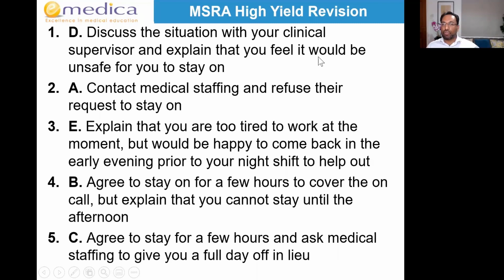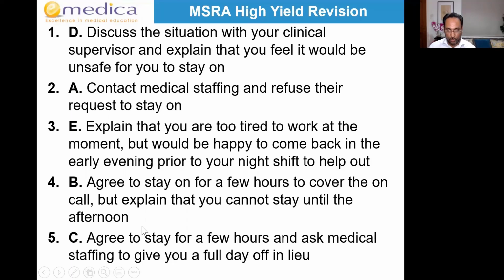Now, if that wasn't an option and you could only do one of these, which is the best one? E, because if you refuse, you're recognizing it's not safe for you to keep seeing patients. So you're doing the safe thing. You're recognizing your limits. That's part of coping with pressure. It's one of the subdomains of coping with pressure. Each of those three is broken down into lots of subdomains, okay? And for a particularly hard question, for most questions, I recommend you start at the best and you work your way down to the worst.